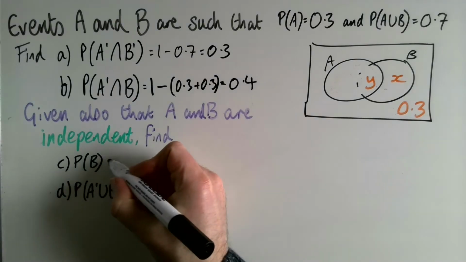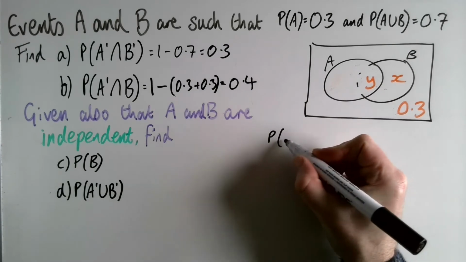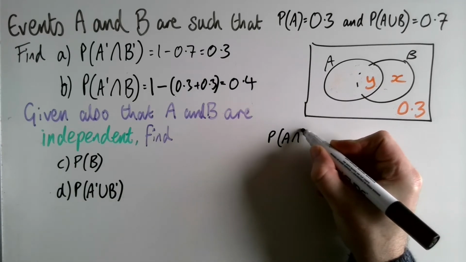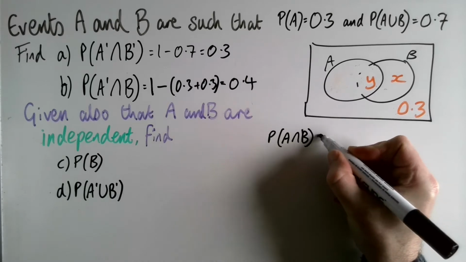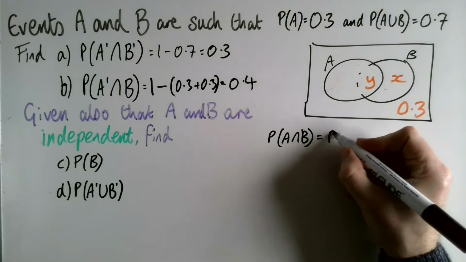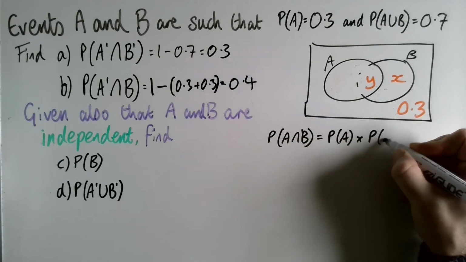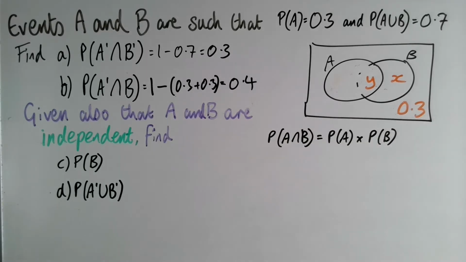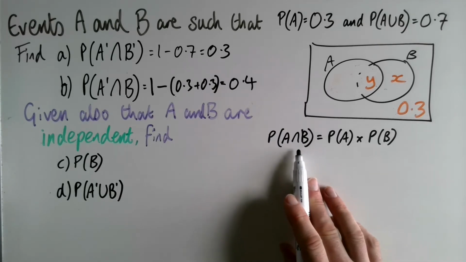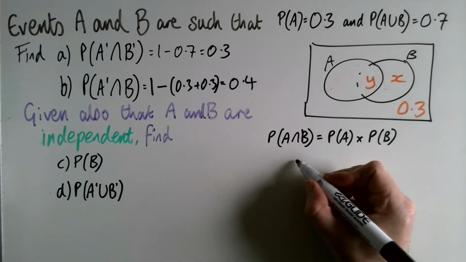The probability of A intersection B, if events are independent, is the probability of A multiplied by the probability of B. So what do we know? We know that we're calling probability A intersection B y,